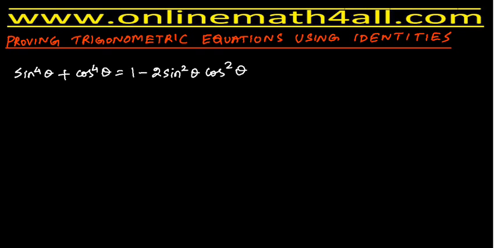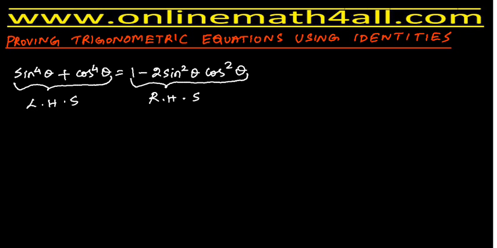In this example of a trigonometric equation, we have two parts. One is on the left hand side and the other one is on the right hand side. We can consider the left hand side of this equation as LHS, and the right hand side of the equation as RHS. Now to prove this trigonometric equation, I am going to take the left hand side and show it as the right hand side. Now we can take the left hand side of the equation,